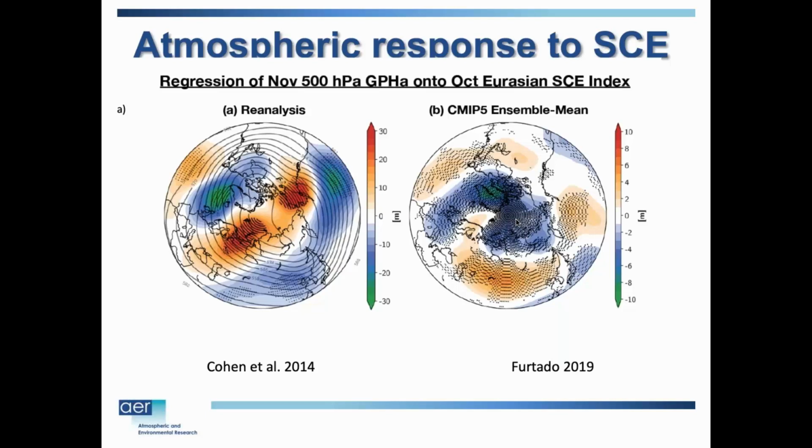And there are two ways to interpret that. Either any relationship shown with the observations is just random, by chance, and there's nothing physical there, or the models certainly have deficiencies. They're model errors, and they're not coupling correctly what's happening.